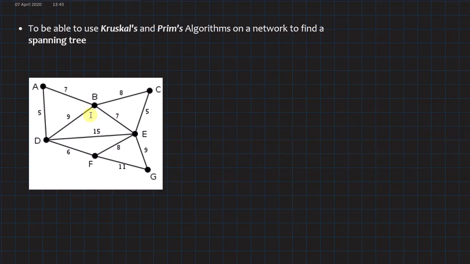So it only works if the graph is already connected. That means everybody is connected to the graph in some way. If it breaks, you can't apply either of these because there is no spanning tree. So the purpose of the spanning tree is just to be able to say, what's the smallest network needed for us to connect between different places? So Kruskal's algorithm,